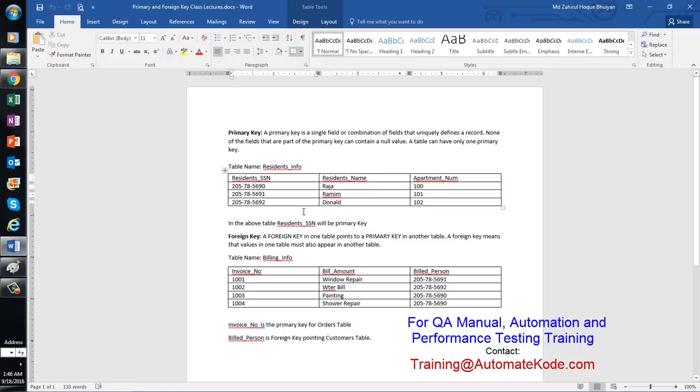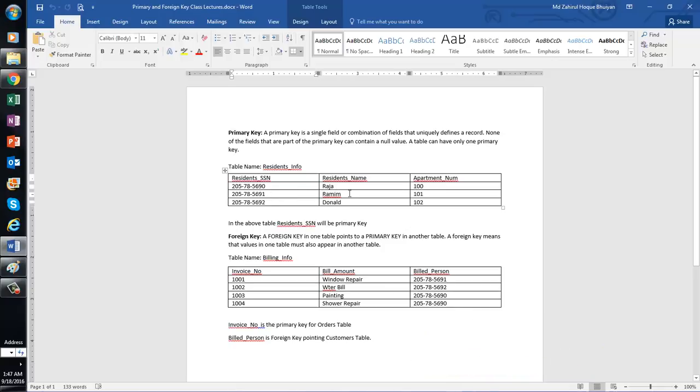Now, what is primary key? A primary key is a single field or combination of fields that uniquely defines a record. And if you take a look here in this residence info table, we have three records. We have the three residents in this table, and each of the residents has a unique social security number. So they have unique social security number, and